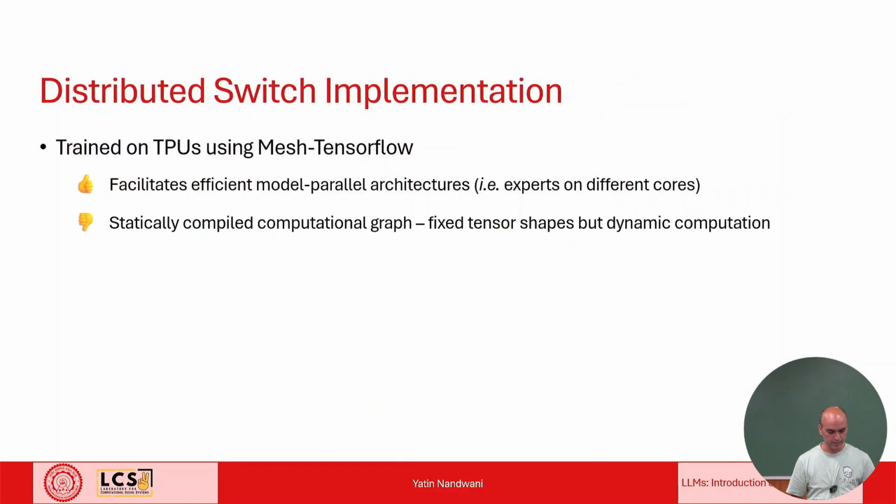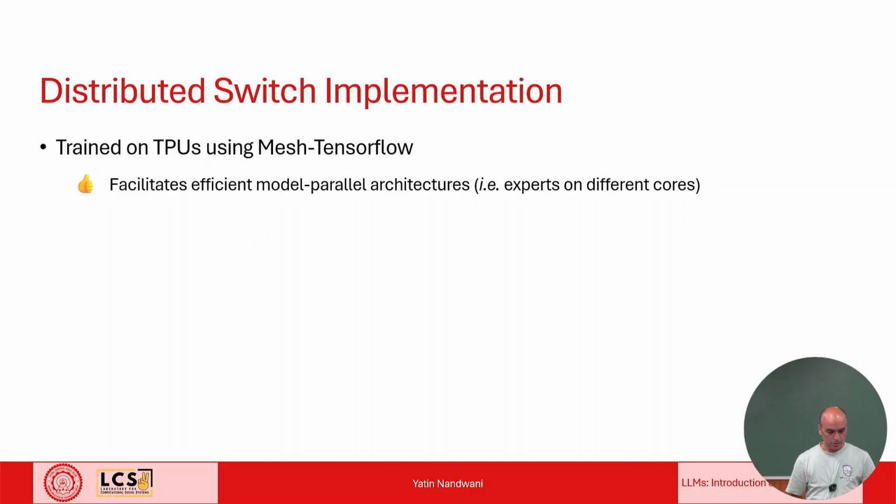Where were we? Okay. So we looked at the distributed implementation of switch transformer, right? So each expert is on different GPUs. These guys are from Google and they trained it on TPUs using mesh TensorFlow. And what is the advantage there? It facilitates efficient model parallel architectures, but there is a disadvantage as well, which is that the entire computation graph